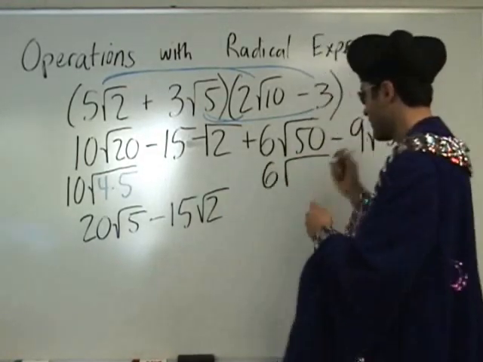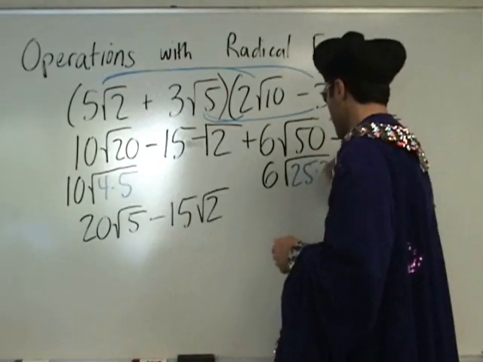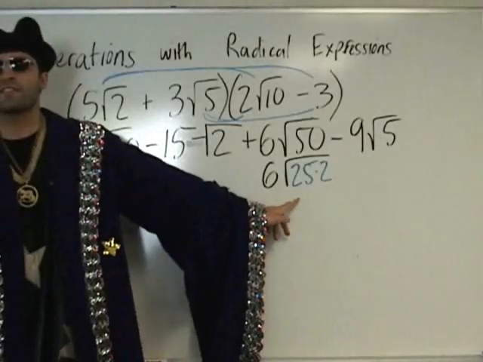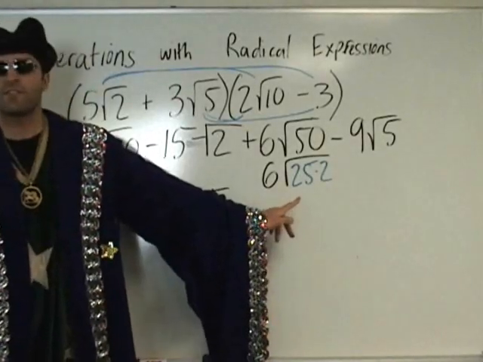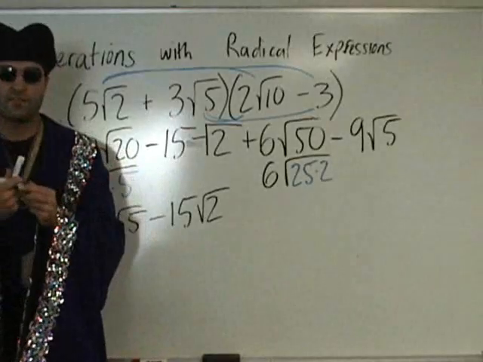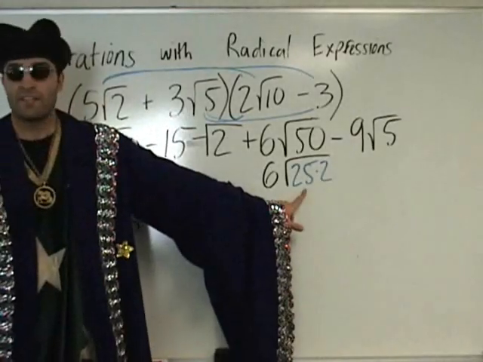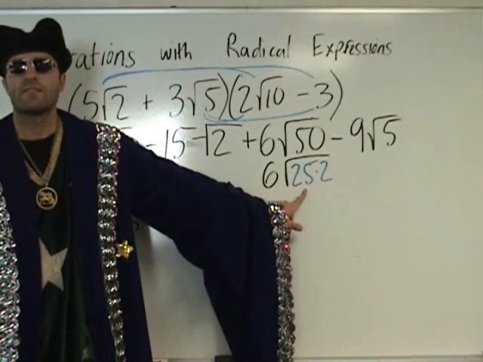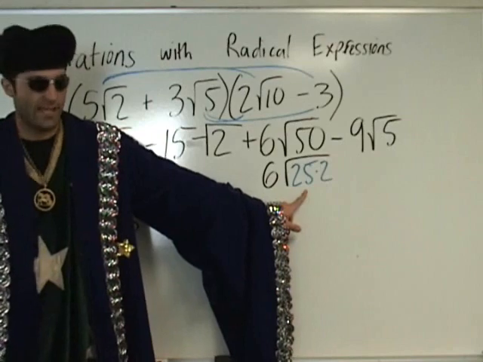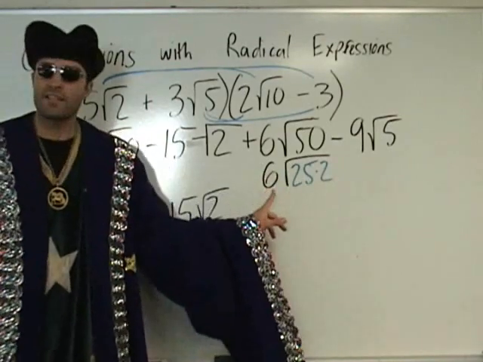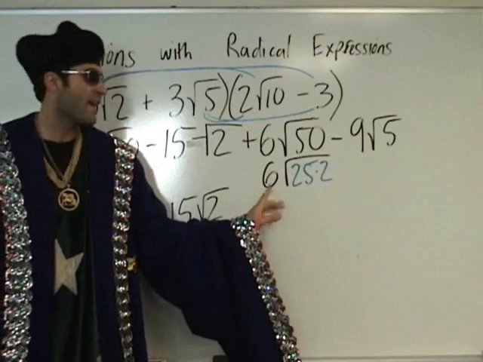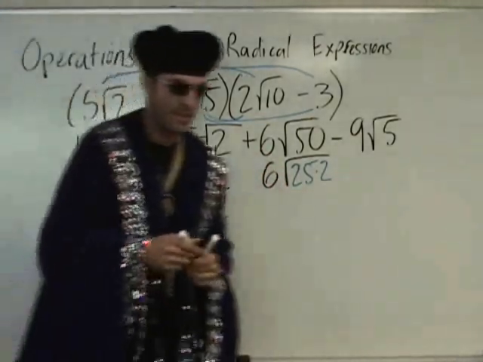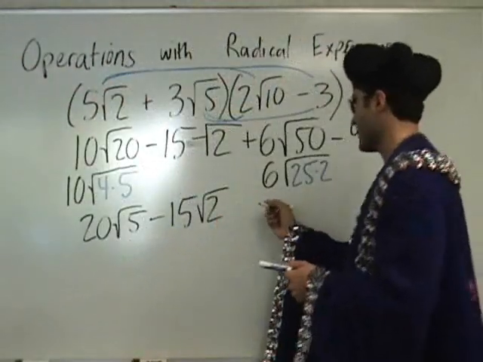6, 25 times 2. Do you remember the verbal process we just went through before? Can you reduce this and write what 6 root 50 reduces to? It would be 30 root 2. How do you get 30 root 2? The square root of 25 is 5, and 5 multiplies with 6 to make 30. And so that becomes 30 root 2. The 2 stays inside. Very good. Okay, so this is plus